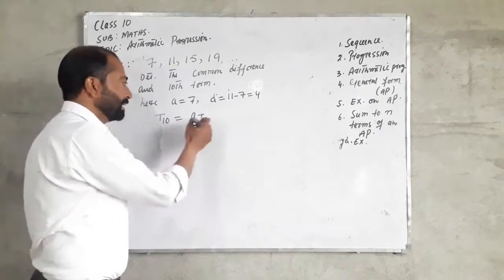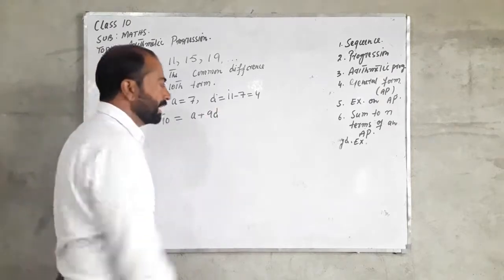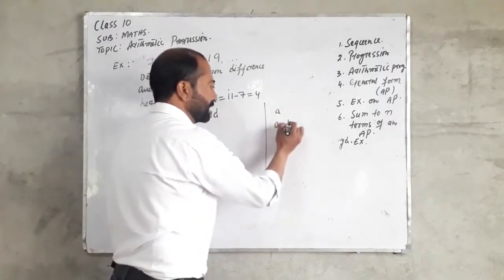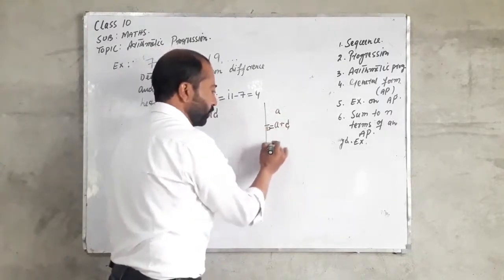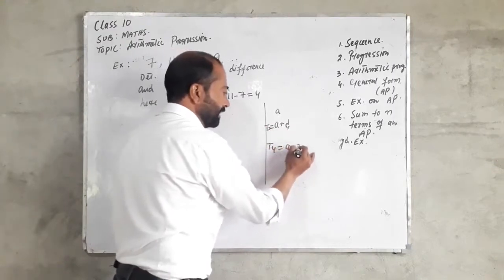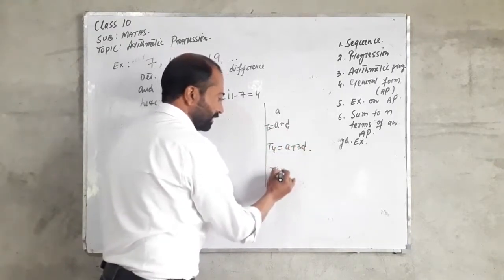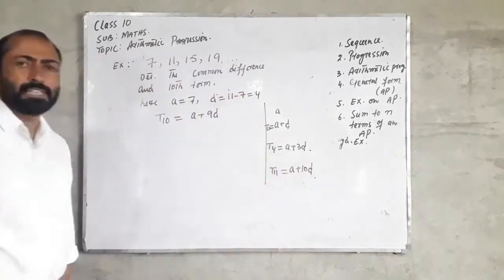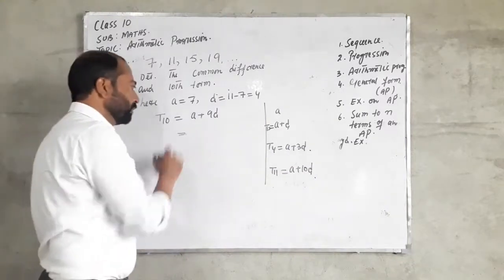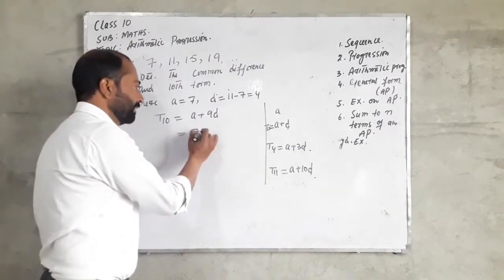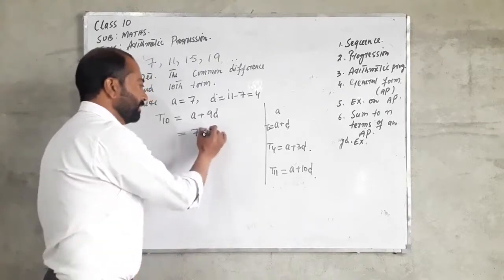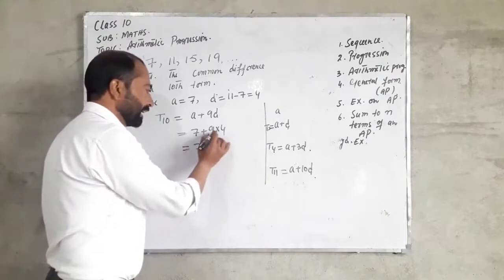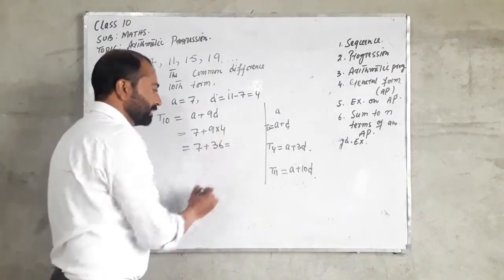Subscript 10 minus 1, it is 9. Just like if you have to write the first term, it is A, second term is A plus D, fourth term is A plus 3D, 11th term is A plus 10D. In the same way, 10th term is A plus 9D. So replacing this A by 7, plus 9, and the common difference is 4. This gives us 7 plus 9 into 4, which is 36. This sums up to